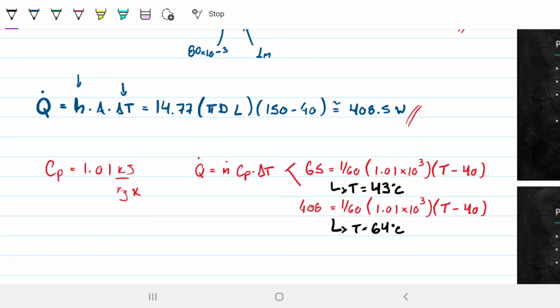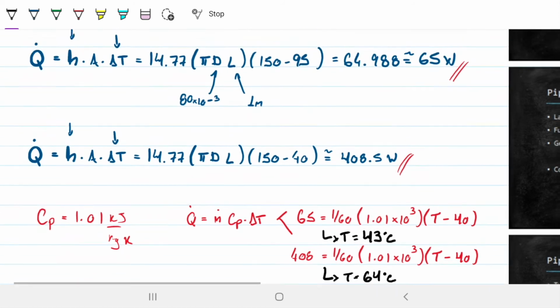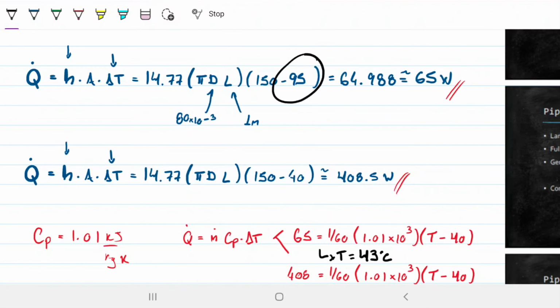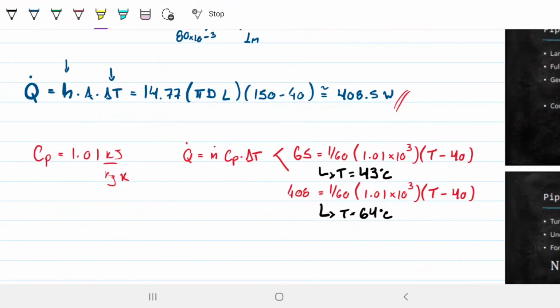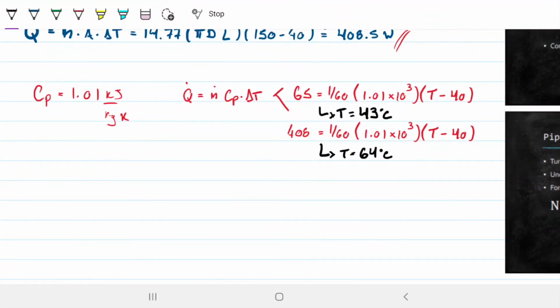It's interesting to go back and see how the properties are going to change, right? We know that the assumption of 95 is probably too high, because if my bulk temperature is 95, I'm assuming that my air is leaving at about 150, correct? And clearly that's not the case. So therefore, my outlet temperature is probably going to be somewhere closer to the 64. Yeah. So this is where we go back and now get the properties